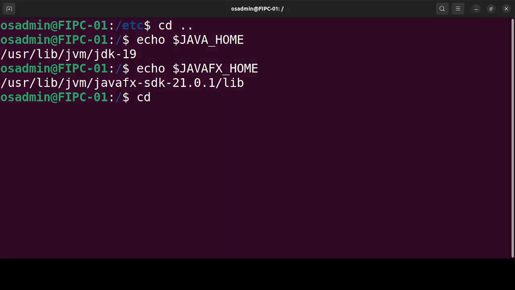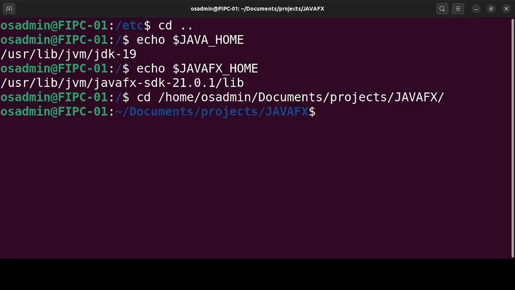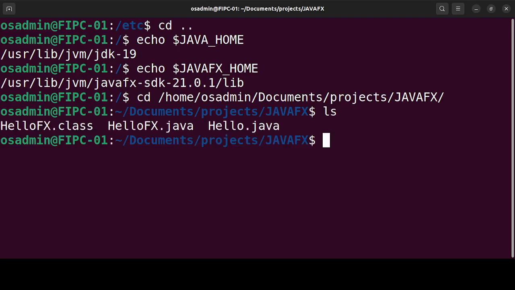So cd /home/os/admin/documents/projects. Inside that project I have the JavaFX folder. Inside this fx folder, you can see there are three files: HelloFX.java, HelloFX class, and hello.java. I'm going to remove two of these files because I only need one. So I'm going to remove, rm -r hello.java